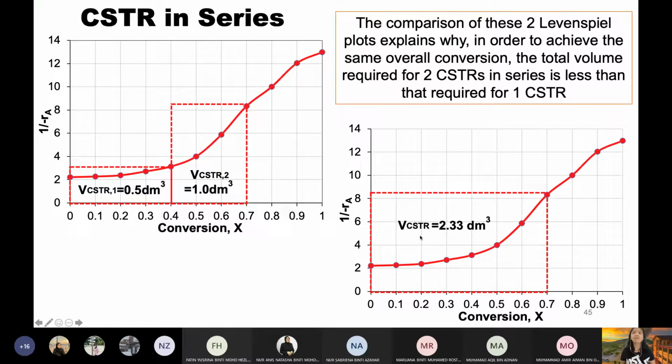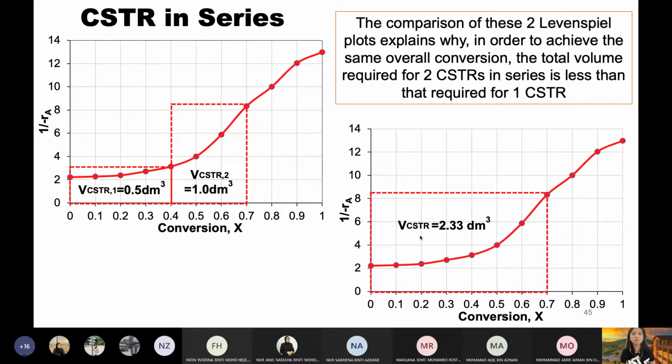Second, what's the impact of this? So you might wonder, apa impact nak tahu benda ni? Do you realise kalau saya nak guna satu reaktor, saya perlukan volume reaktor tu sebesar 2.33. I can run the same reaction, mencapai same conversion in two smaller reactors. That's the one that I wanted to highlight. You can actually run the same thing rather than using one single reactor. You can break it down into two smaller reactors and you still achieve the same outcome with the same conversion. Okay. Now, next implication.